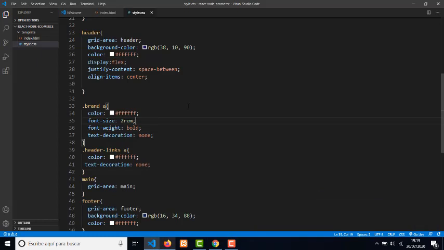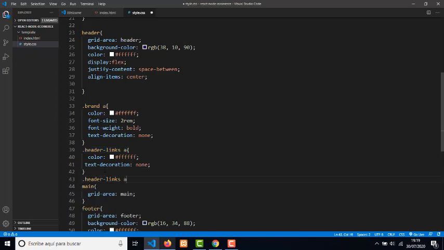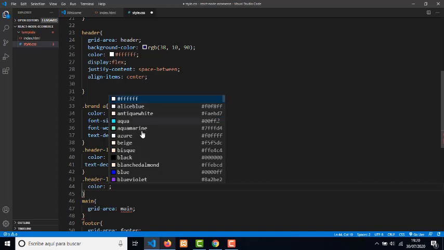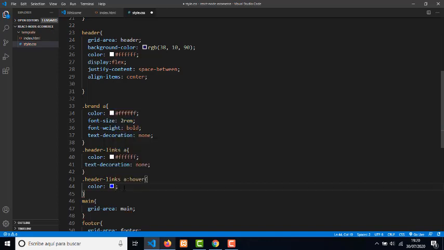Okay. And now we're gonna start working with the hover. Inside the links, remember, header links, page of the anchor. We gonna put here hover brackets, and we gonna put the color. We're gonna put something blue. I mean, we're gonna put something in red or orange. Yeah, the same. We're gonna get the same here for brand anchor,